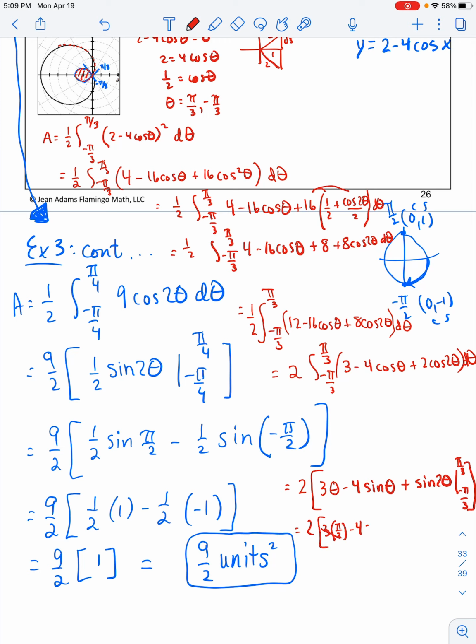So 3 times pi over 3, my 3's are going to cancel, minus 4 times the sine of pi over 3 plus the sine of 2 pi over 3